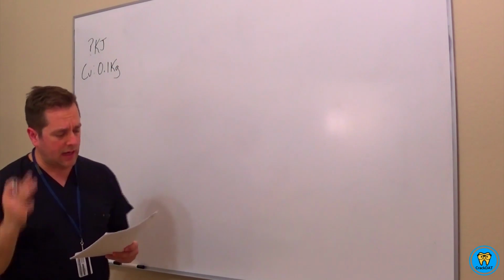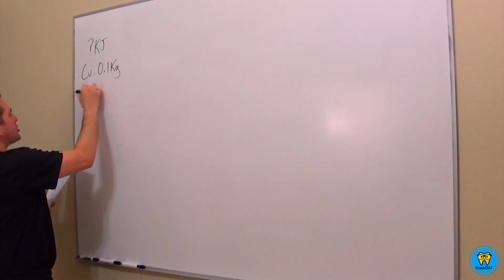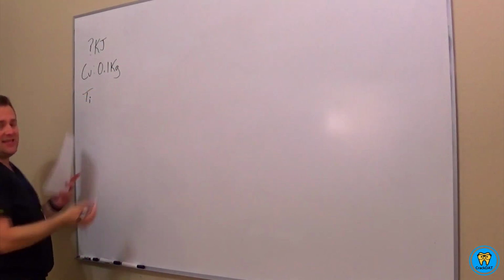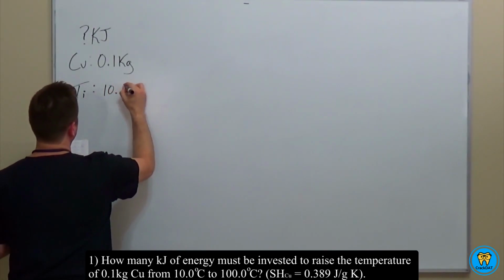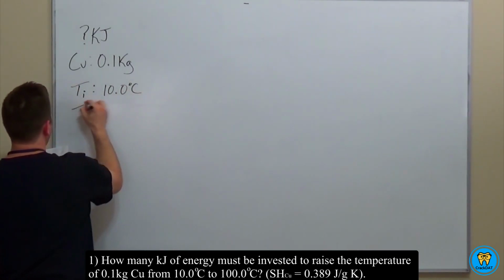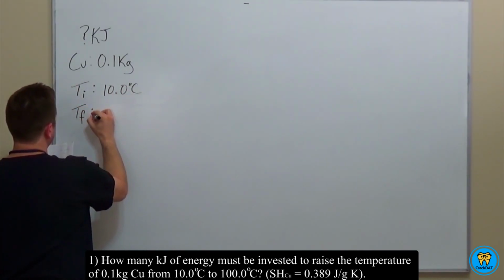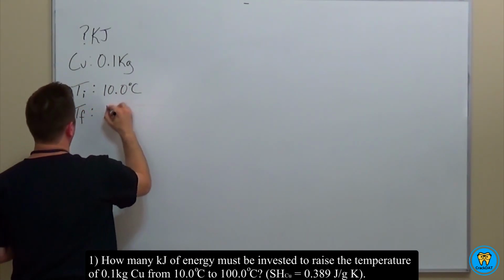Next, we have two temperatures. We know that the initial temperature, and I'll put T sub I here, the initial temperature is 10.0 degrees Celsius, and then our T final, so T sub F, is going to be 100